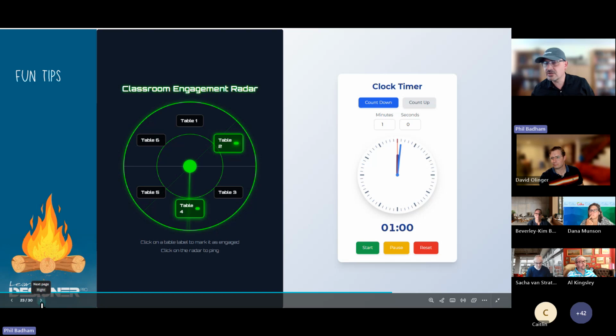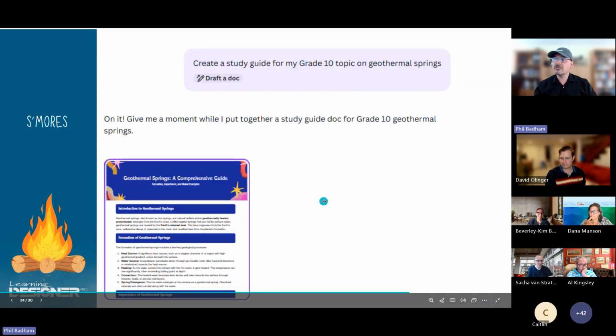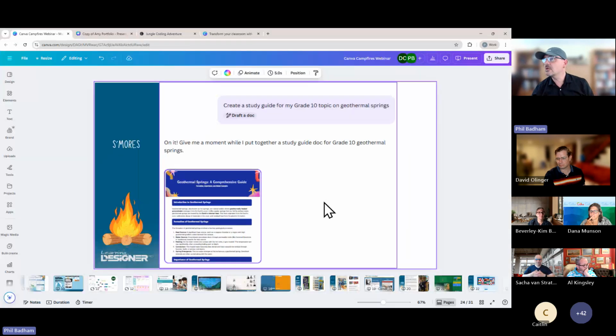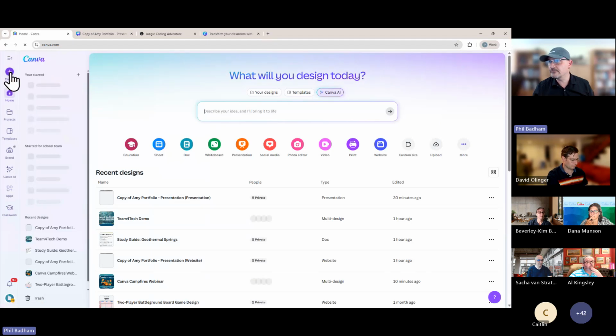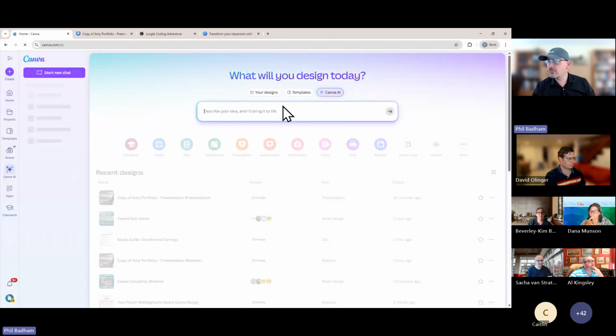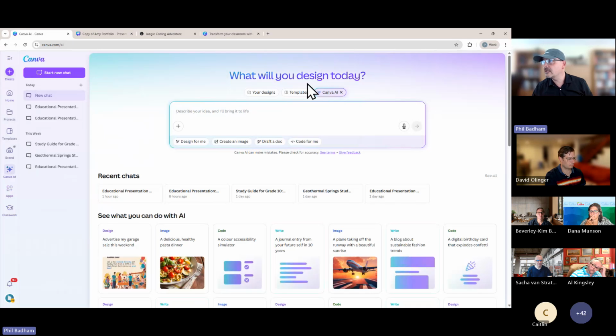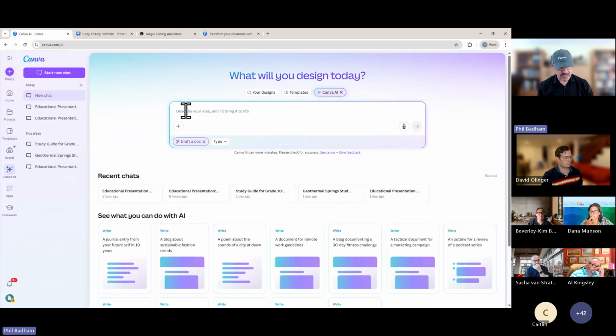I'm not going to demo Canva code to you right now because it's running the stream on here and it will just blow up, basically, I think, if I try that. Sod's law. But some other things that I've been using with the new AI tools. So for instance, the way in which we interact with Canva used to be through the create button here. But now we can go into what we designed today. And if I go to Canva AI and I say draft a doc, I'm going to say create a study guide on geothermal springs for a year 10 UK